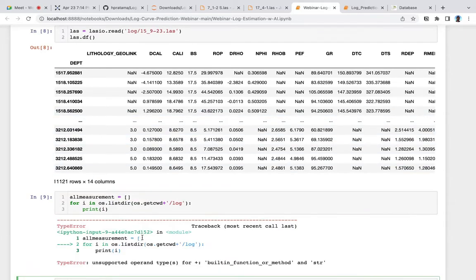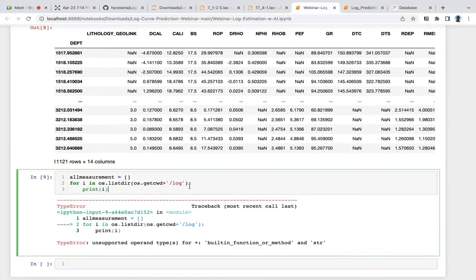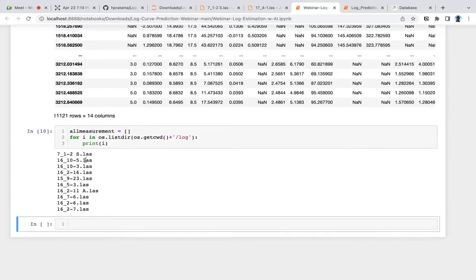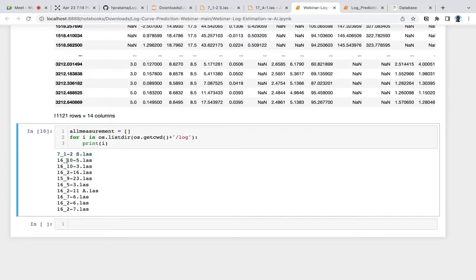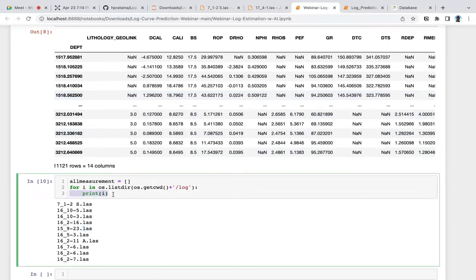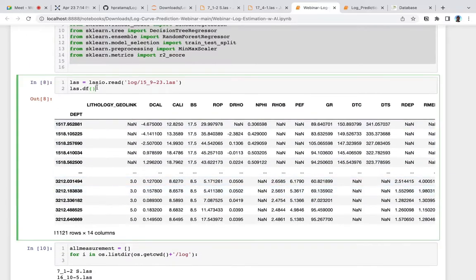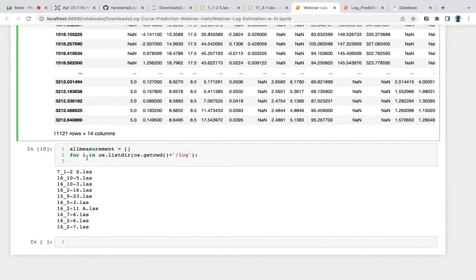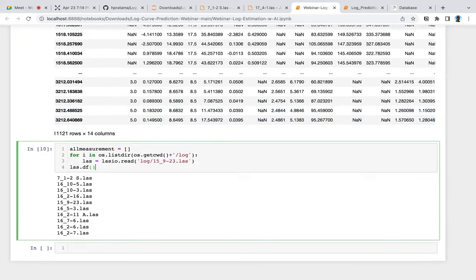And then we can see in this data, we can load one by one the data in here, but it is only the name, not the data frame like this. So what we do is copy this one and then paste it here.